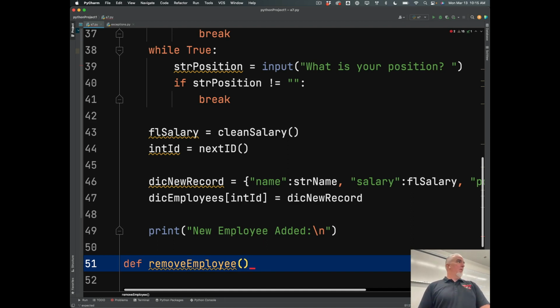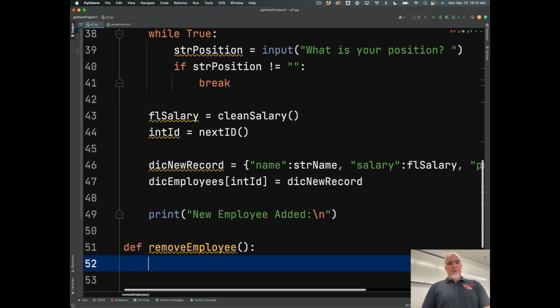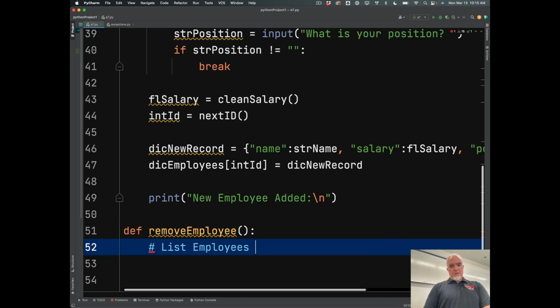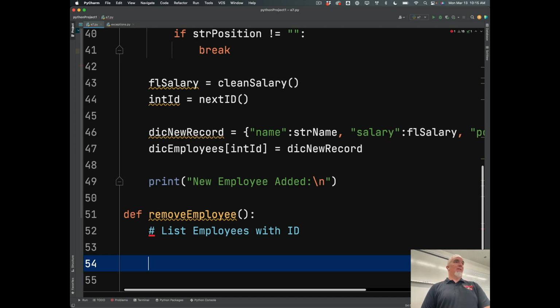We could pass it an employee ID number, but if I was creating this, the first thing I would do is list the employees with ID. That could be a separate function where every time you hit that, it's going to list the employees and show you their ID numbers. Get ID from user,